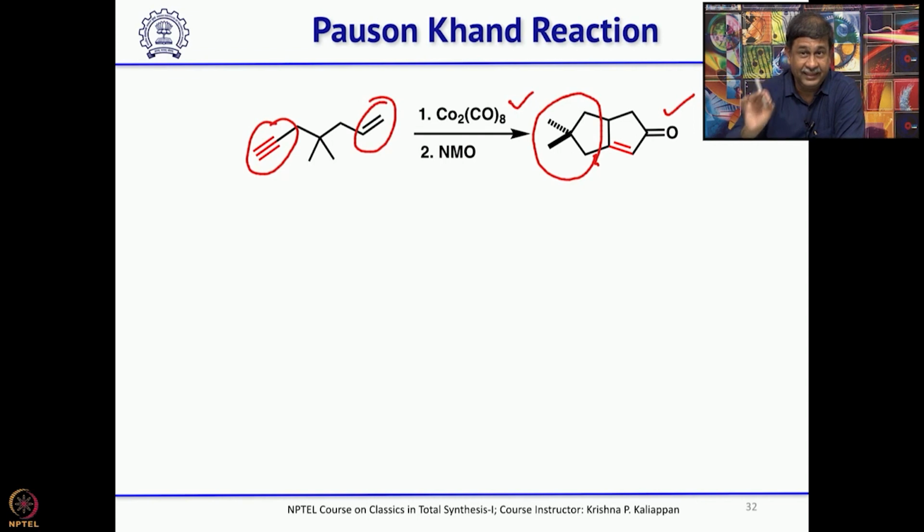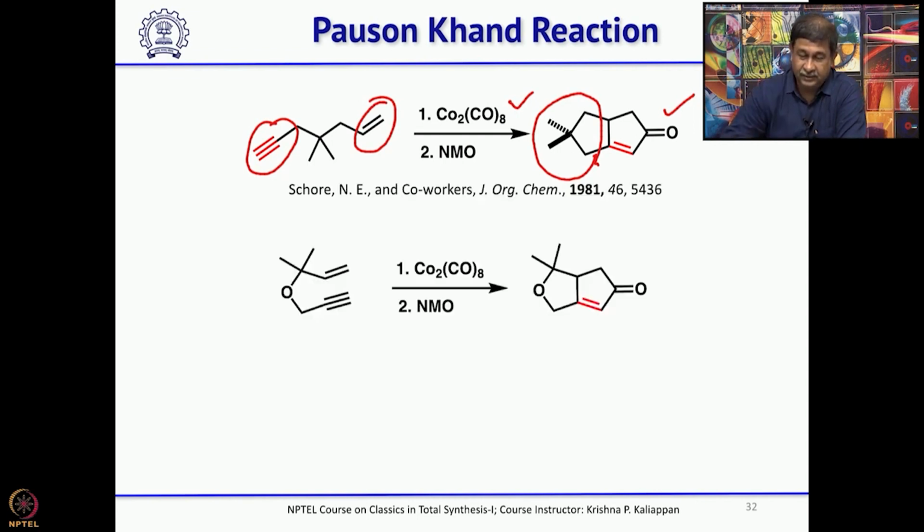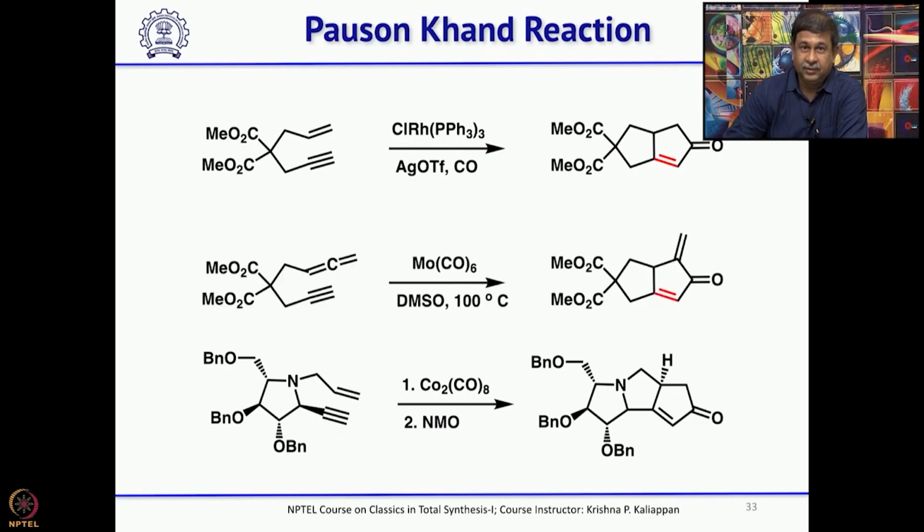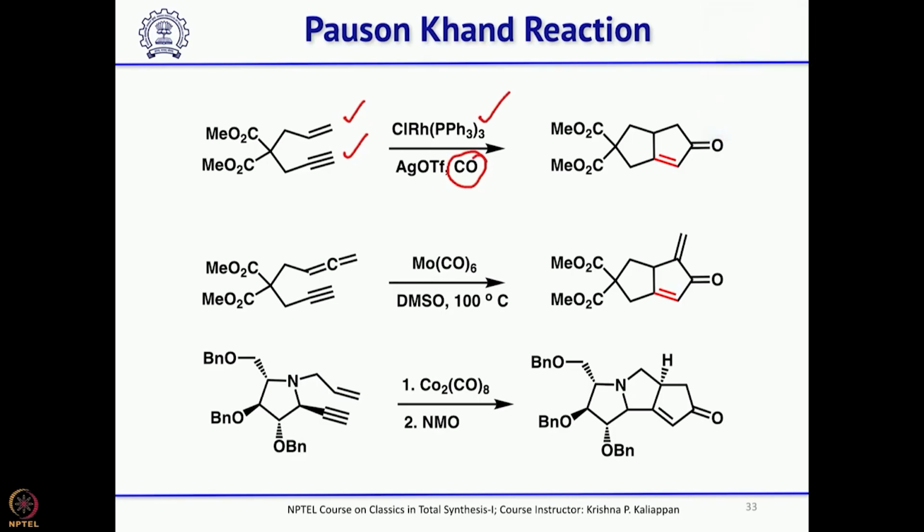Here you have a diquinane structure, and this is another example where you can put a heteroatom. The heteroatom can be oxygen or nitrogen. Still this reaction works well to give the corresponding cyclopentanone, and one can also use other reagents. For example, one can use Wilkinson catalyst. Under the same conditions, you have a double bond and a triple bond, but here for the carbonyl source you do this reaction under a carbon monoxide atmosphere, and you also have to use silver triflate